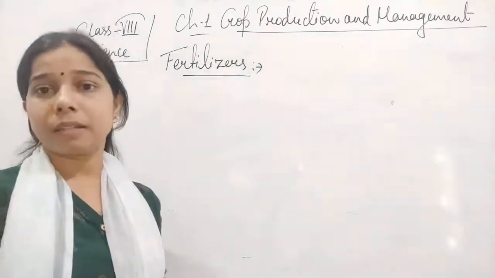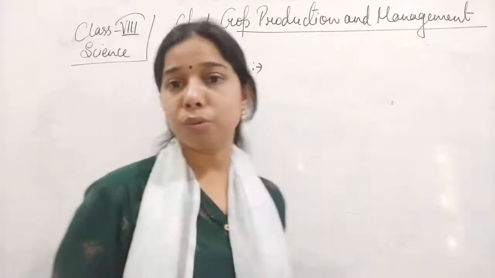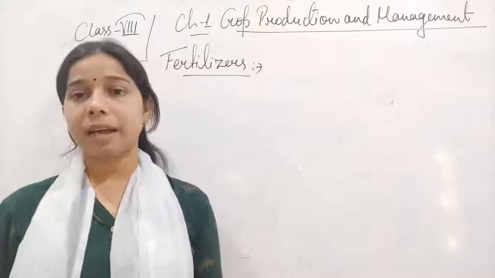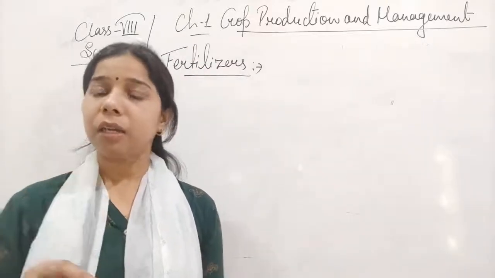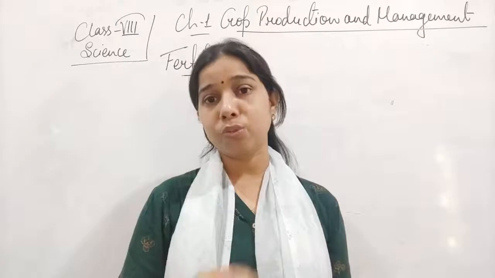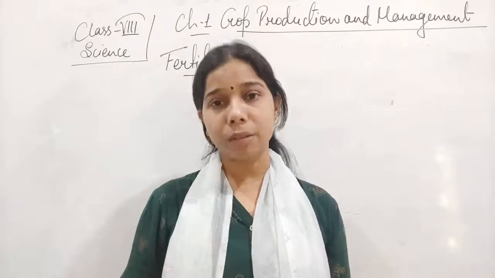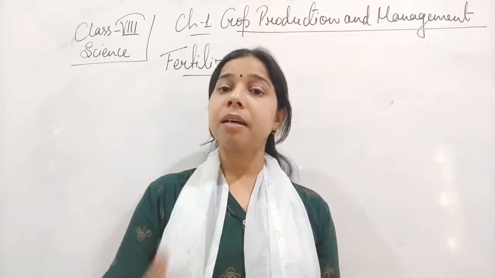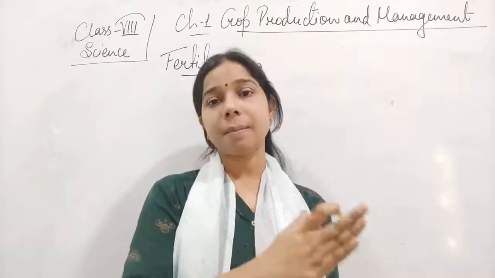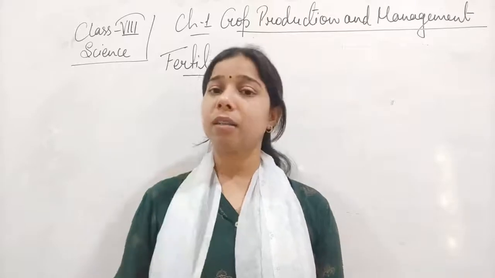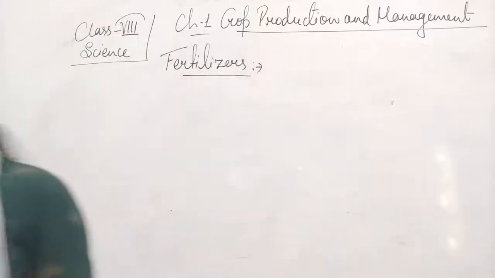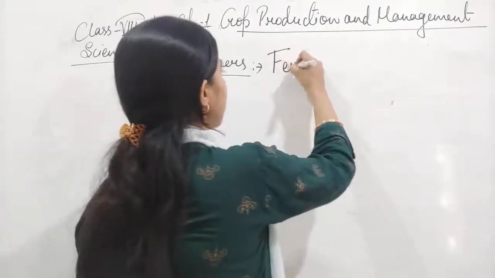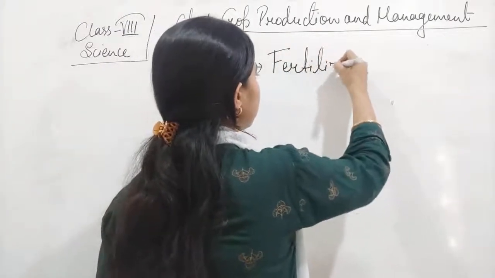What is fertilizer? Fertilizer is also used in increasing the nutrients in the soil. But here, the substances that we use in the case of a fertilizer are chemicals. So it is a chemical-made manure, you can say, a thing which is made up of chemicals. So we can write that fertilizers are chemical substances